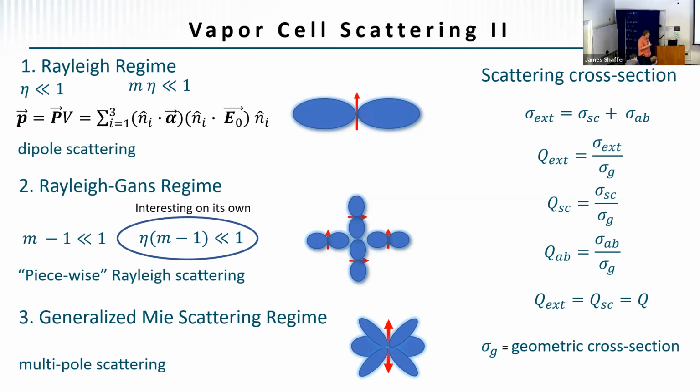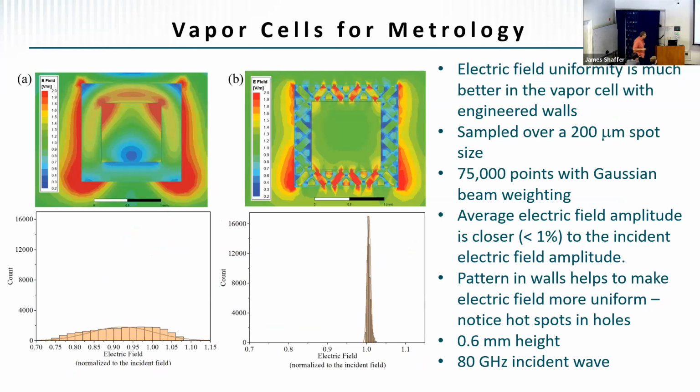Sometimes this thing is called the radar scattering cross-section. It's the same thing that's used to characterize radar scattering by an object. All right, so here's an example of what we would call the metrology cell. So this is the walls of that vapor cell that I showed you on the 2 pages before, I think it was, with the holes cut in the wall. And then this is just a similar vapor cell with